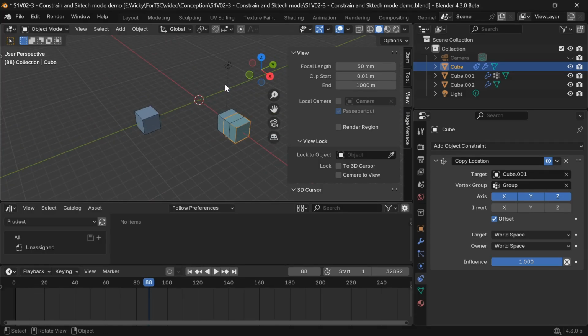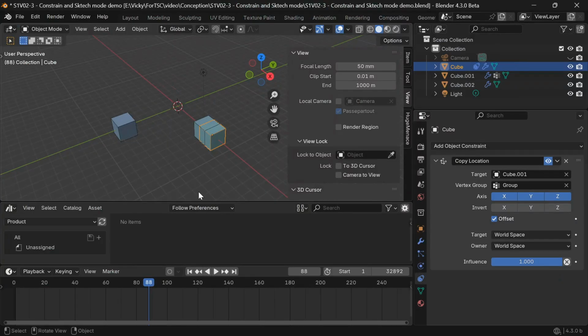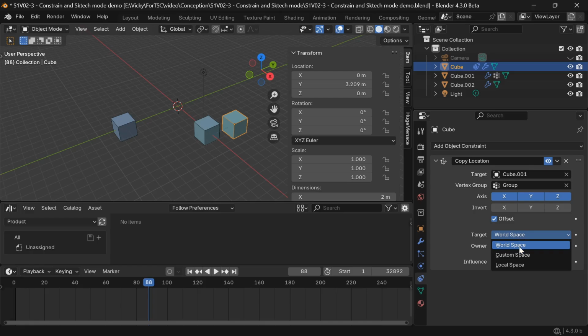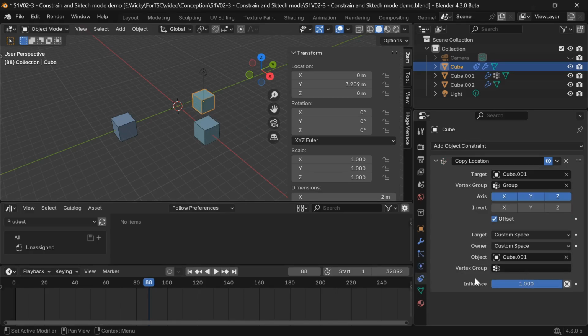With this one, the settings of transformation in the scene are preserved. If you want to travel in the view, the shortcut is Shift plus middle mouse button. You can also select on which axis the constraint is applied and invert it. Be careful, this is not valid for the scene transformation. To finish, you can choose from multiple spaces for the start and the end of the transformation. You can set a custom one, but you cannot select the owner in the object input. Like the offset of the scene transformation, you can select another object to offset relative to another reference. It's the same for the other transformations and the location.